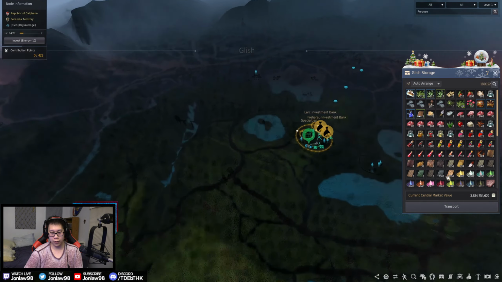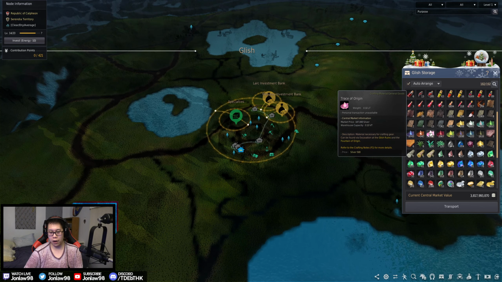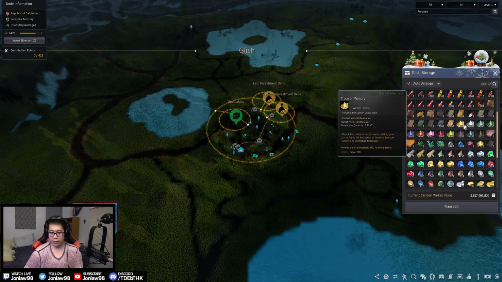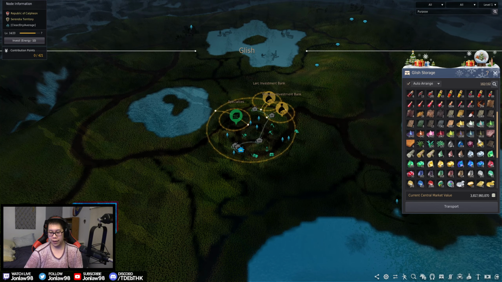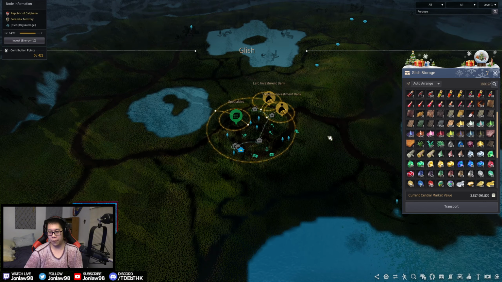Where is Glish? So I store a lot of my traces here. And it's these things. These are very valuable for alchemy. Whether you do it now or you don't do it, you probably need it at some point in your BDO career, most likely. To use for making like elixirs and high-end potions and various stuff. So it's a good idea to start collecting them, and then by the time you think you need them, if you don't already,